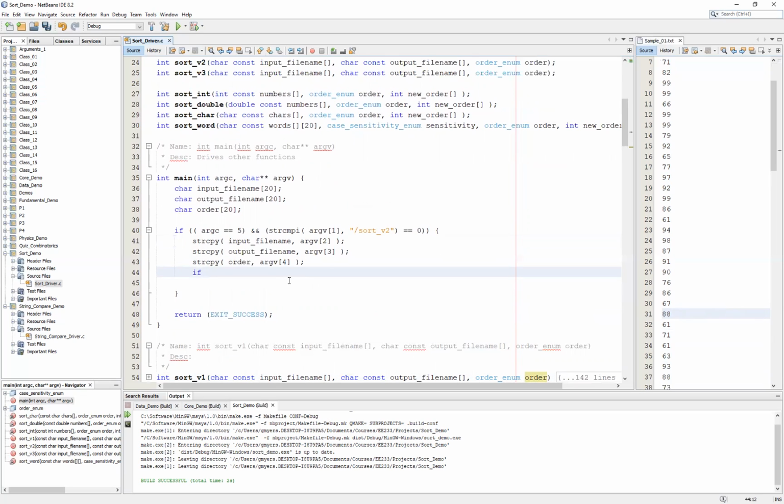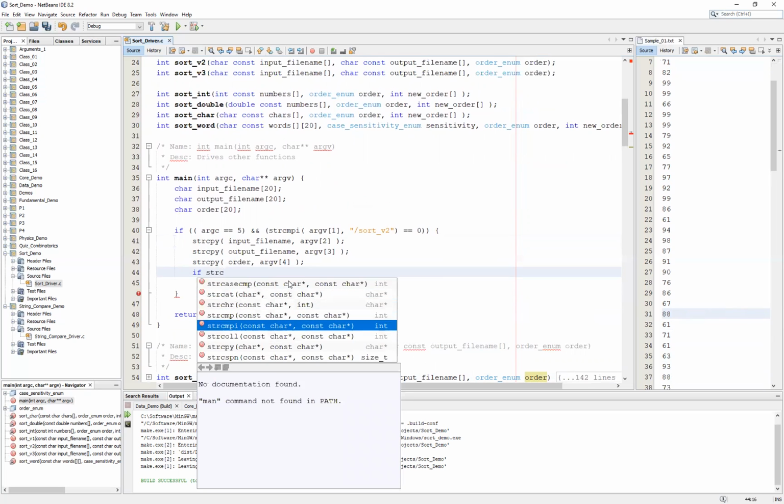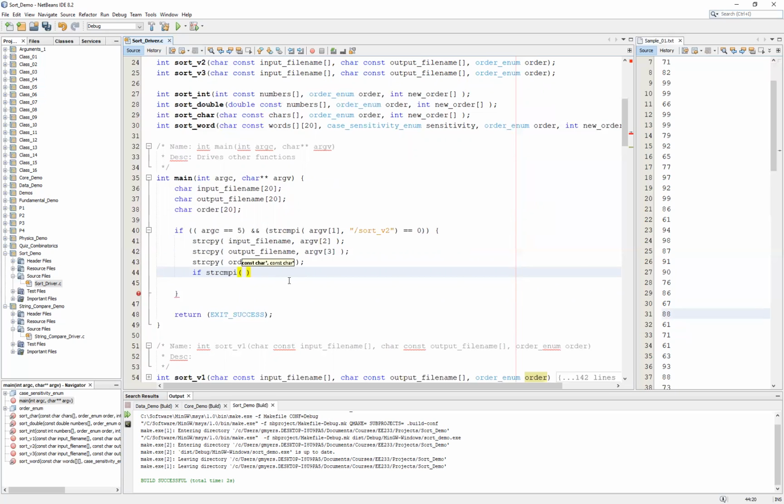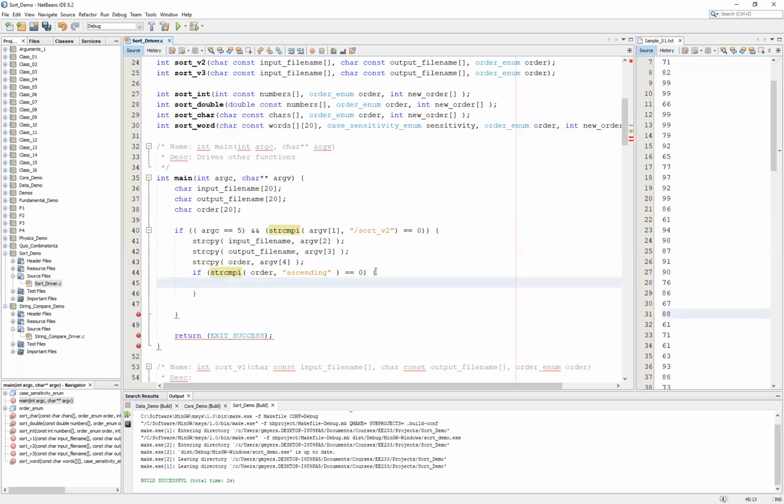And that logic is going to come in the form of another string compare I. And so we want to compare the value in our order, or in our argv[4], and we want to compare it to the word ascending. And if that in fact equals 0, in other words, if there's a match, then we simply want to call our sort function